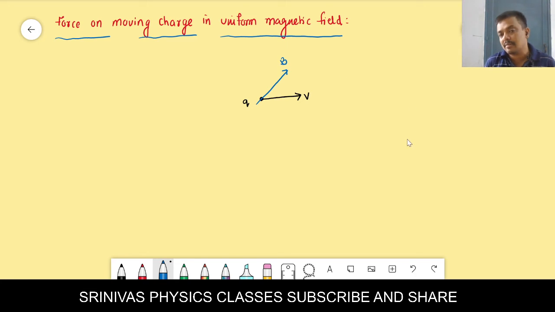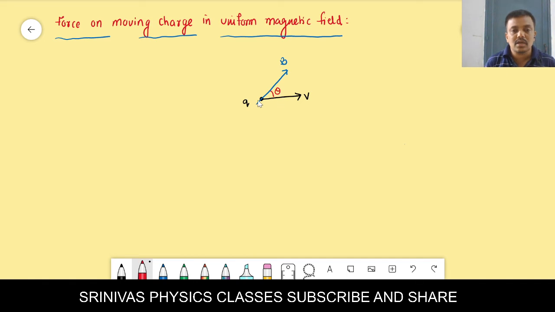How can we create the magnetic field? For example, here the North Pole is there, here the South Pole is there. Between these two poles, the poles' effect exists, and this region is said to be the magnetic field. Field lines start at the north and end at the south. Uniform magnetic field means field lines are parallel to each other. And here we are taking some angle, which we can consider as theta.